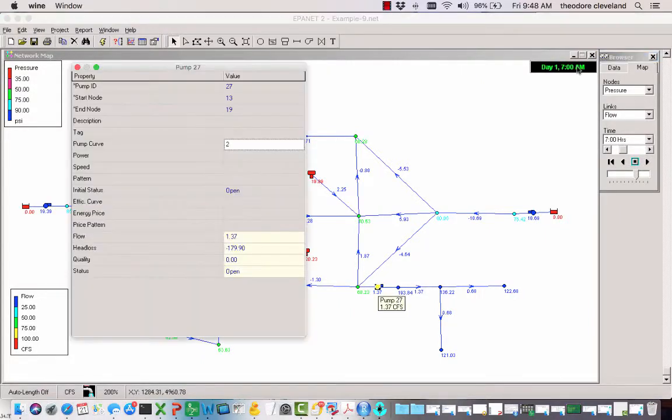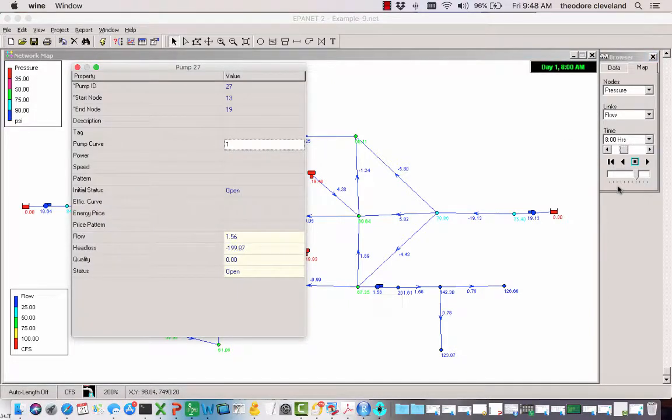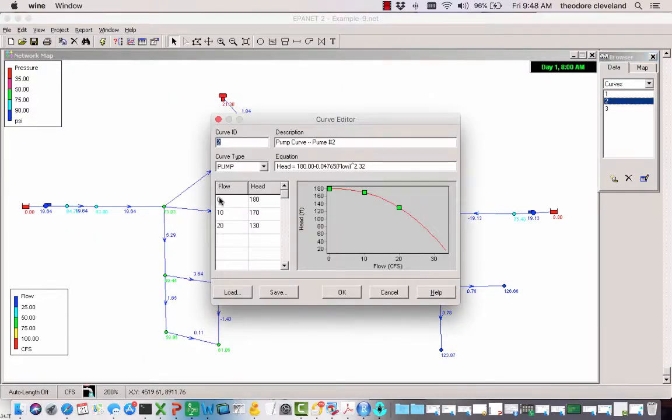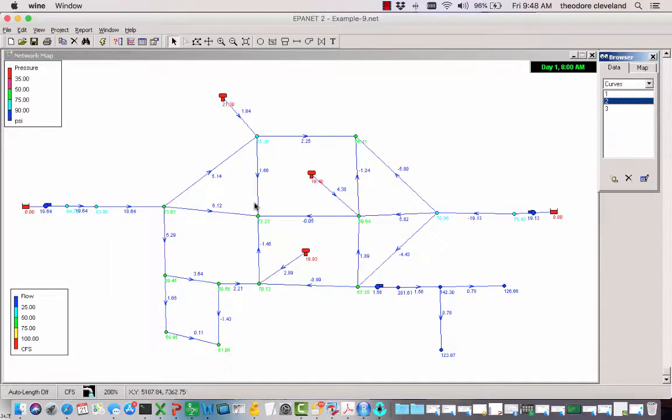Let's see what happens with pump curve 1. Also way too much head. So when we go to our curves, we don't need near that much head, probably half of it. Let's create a 0, 10, 20. Let's create a fourth pump curve,